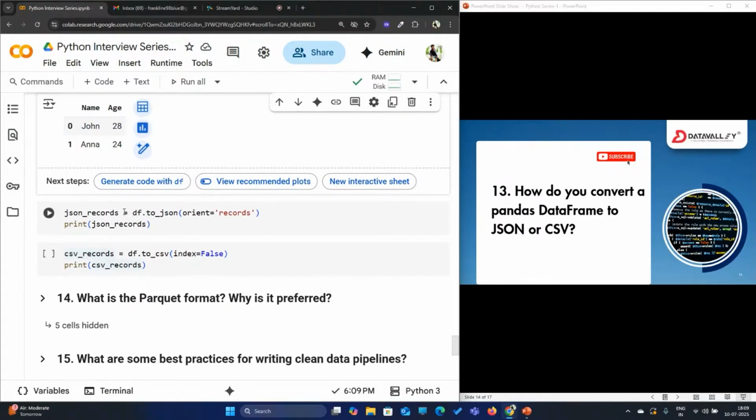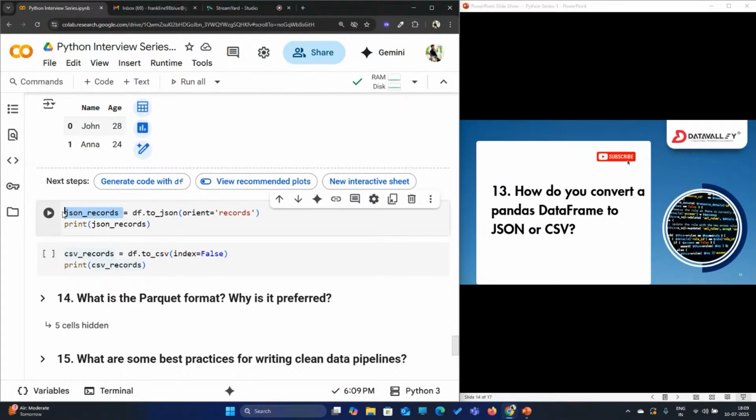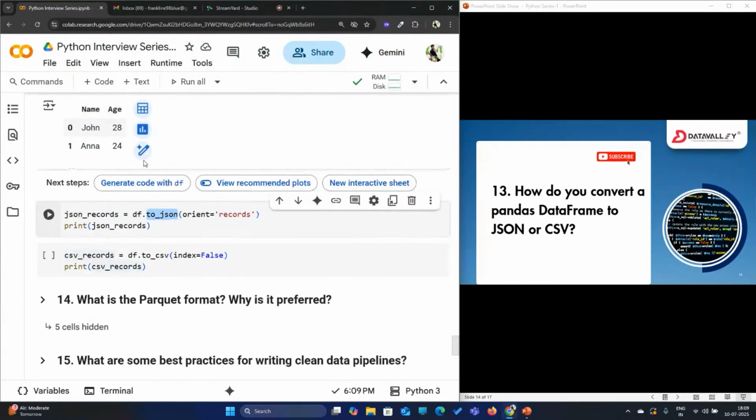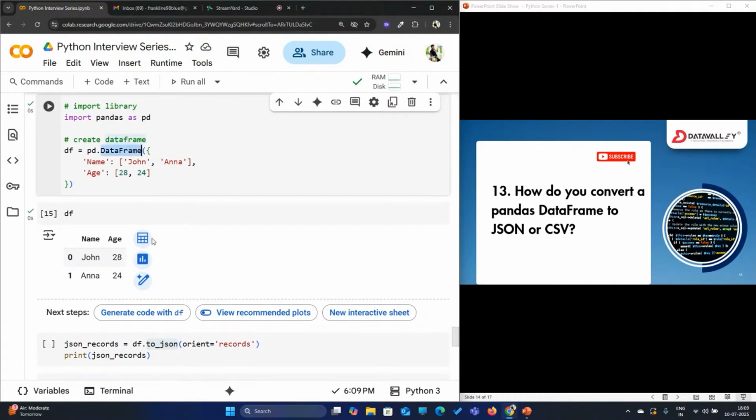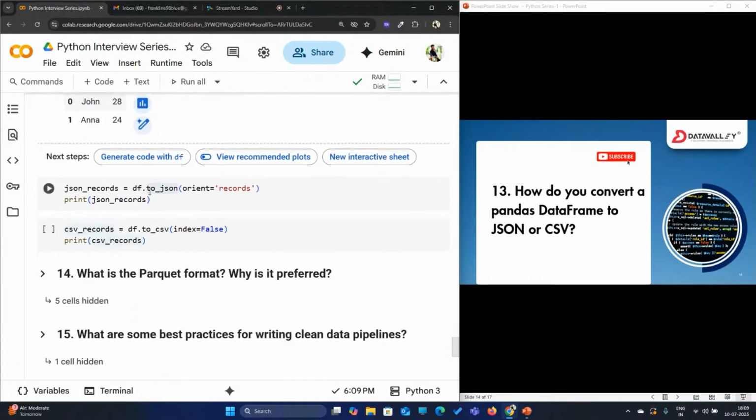Okay. So now what I'm doing is I'm creating a new object called json_records. This can be anything, even if you just mention json_data, whatever you want. Then this is the key method that you use, to_json. So to create a data frame in pandas, you used pd.DataFrame. Similarly, to convert a data frame to a JSON, you use to_json and orient is